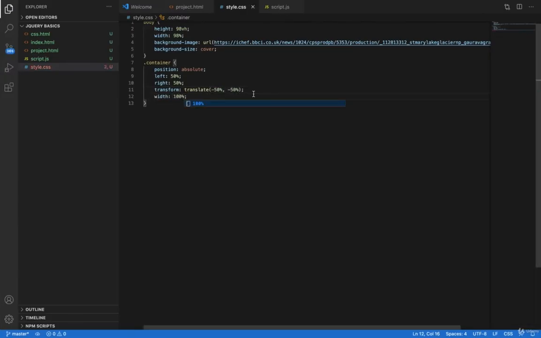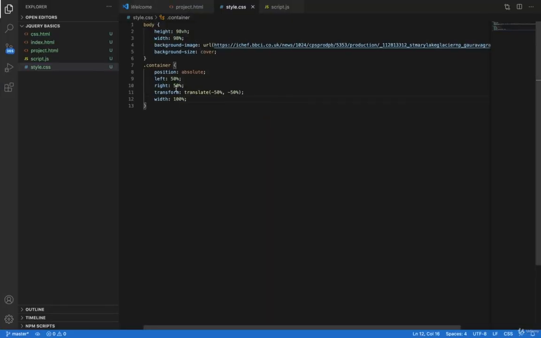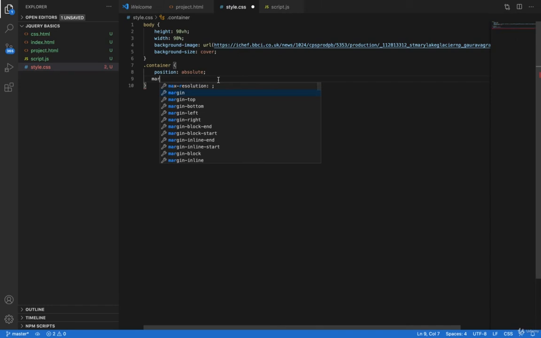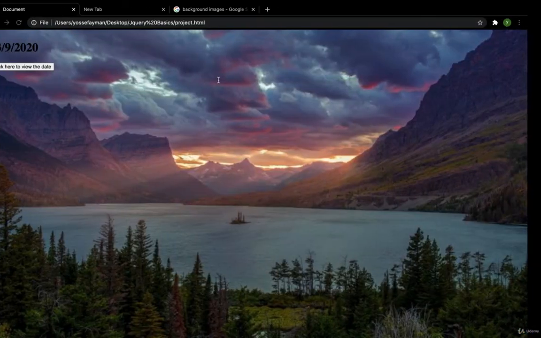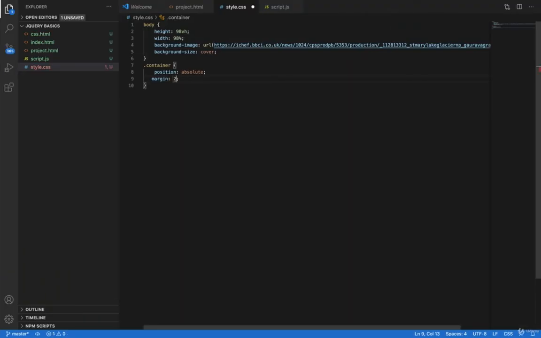Width of 100%. Got this, but we got a small problem here. We got a problem, right? What is it? Okay. Let's just delete all of that and add some margin auto, and this to be just 20%,